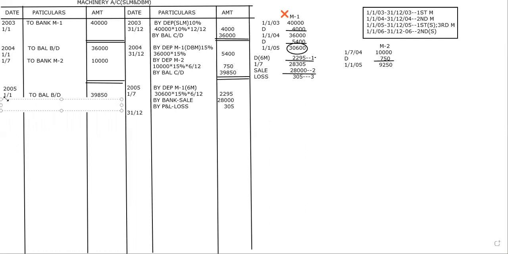We have bought another machine, no, ma'am. Yes, when we are bringing, we are going to write. When we bring a new machinery, what we are going to write? To bank, machine 3. So what was the value? 25,000. And then our new machinery value 25,000. So now here I'm going to write up information about machine number 3. Machine 3, when we purchased on July 1st, and the value is 25,000. Now I can close this year.